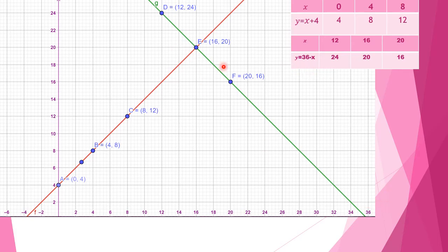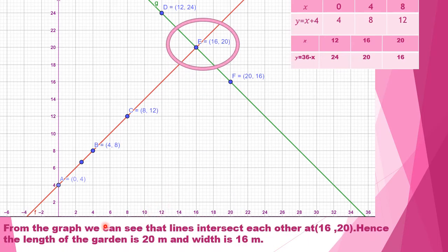Now as you can see, both the lines are intersecting at one point. This point of intersection is the solution of the question. What is the question? Here we can see that the point E represents the unique solution, that is, it represents the dimensions length and width. Now do you recall what the variable for length was? Yes, the length was y and the width was x.